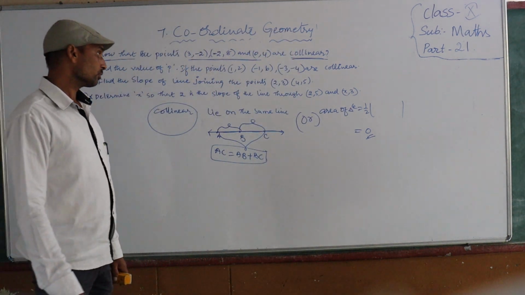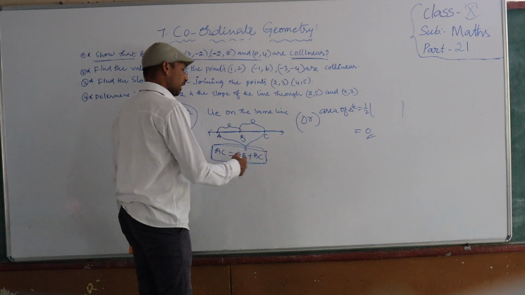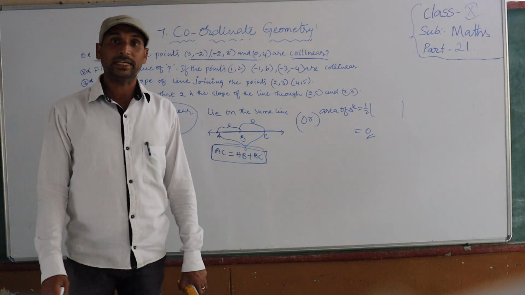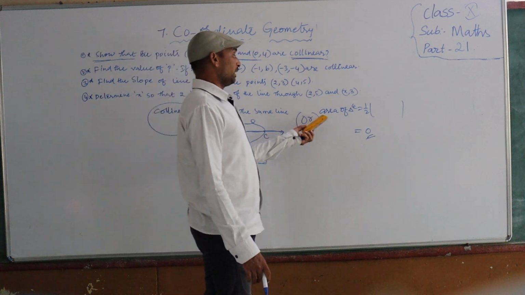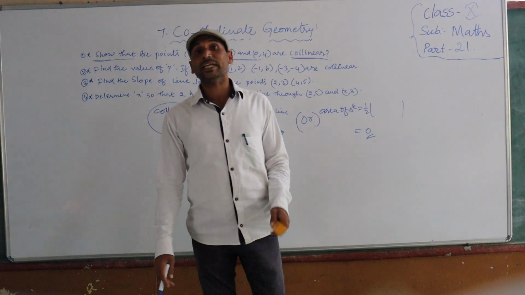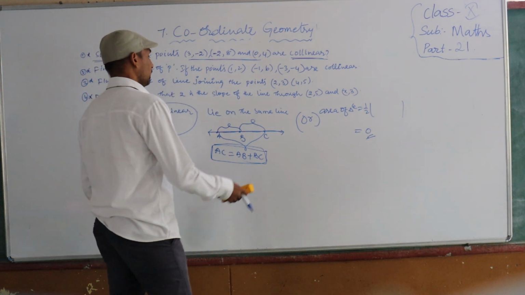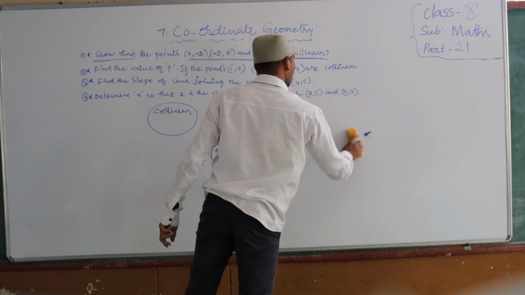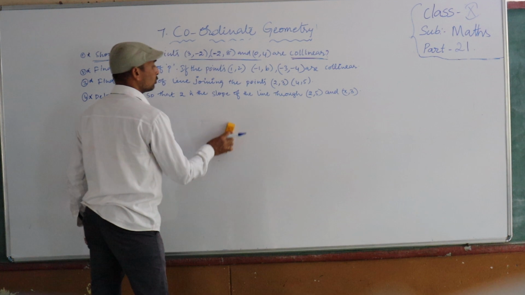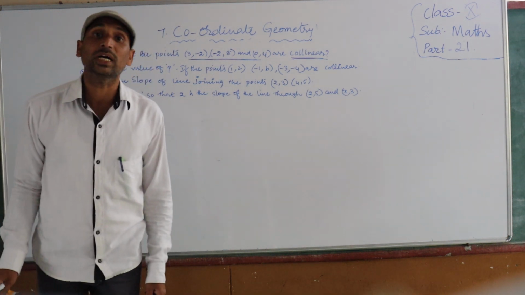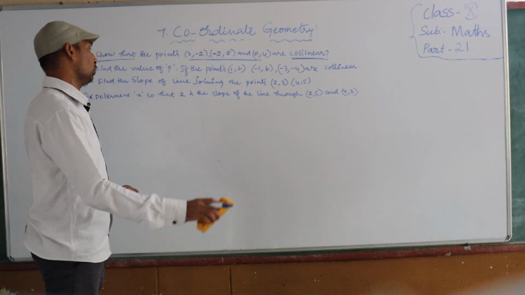Very carefully, 2 types we can say. When AC = AB + BC, the points lie on the same line, collinear. Then the area of the triangle answer will be 0. The given points are collinear points. So now I am using this. Generally, if they ask to show that the given points are collinear, you go through the area of triangle formula only.